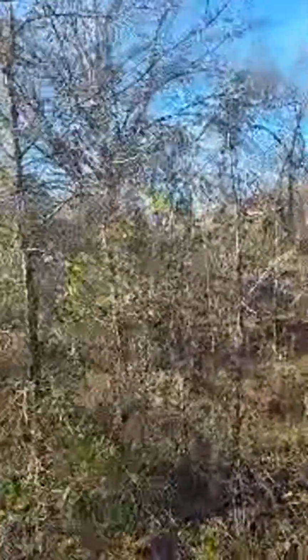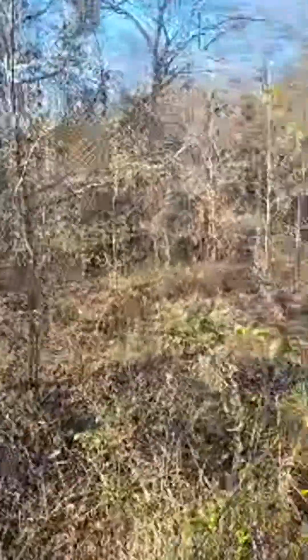So I remember years ago, all of this was open, because when my great uncle lived out here, he kept it pretty much cow pasture, and you could see back through all of this stuff. You probably can't tell really well on video, but it's a tree line with older trees that line the creek. And so I wanted this whole bottom area to grow up into hardwood timber, and I planted stuff. I planted maples. I got northern sugar maples growing in East Texas. And I got a lot of white oaks, all kinds of oaks down here, red oaks, pin oaks,